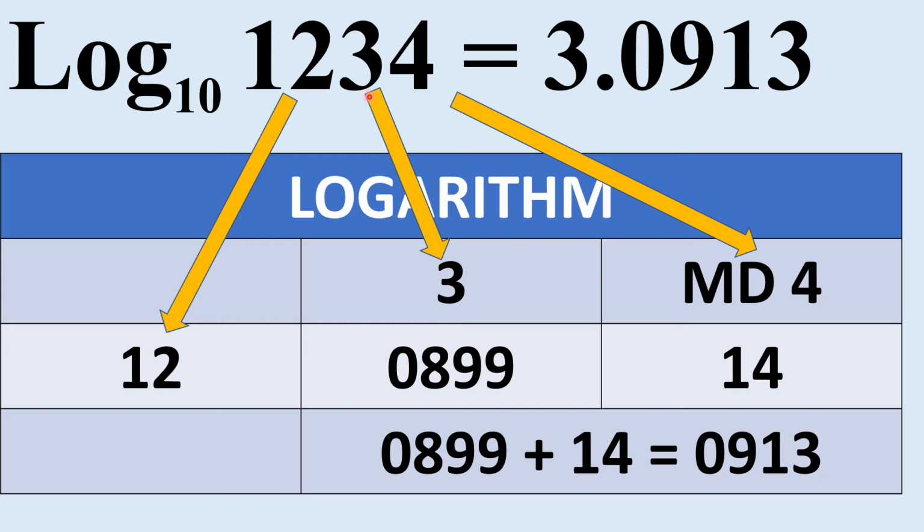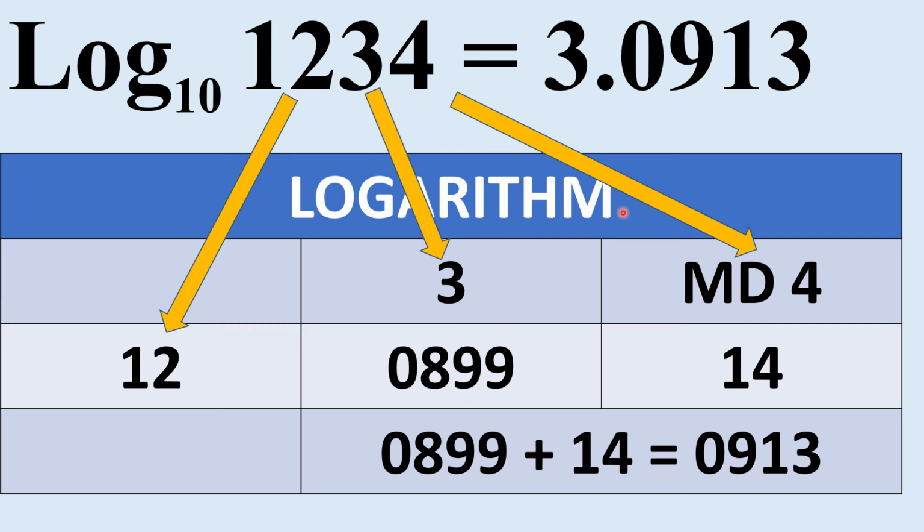In front of 1234, there is the decimal, and behind the decimal 4 digits are there. From that 4 you subtract 1. Thus 3 is the characteristic. To write the mantissa 0913, you have to see the logbook. In front of 12 under the column 3, 0899 is there. That 0899 you write here, plus